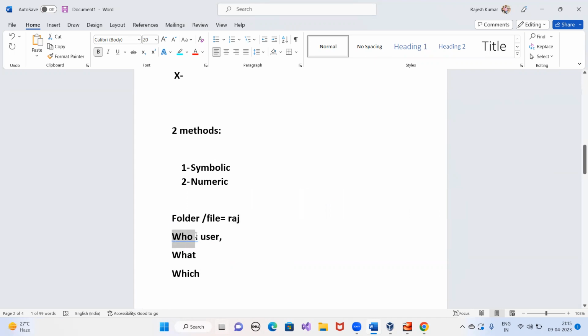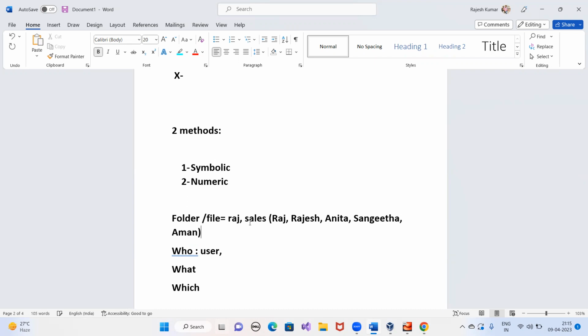Who means kisko, to whom you want to give the permission. So I want to give the permission to a user. Or if you want to give the permission to a group, suppose there is a group called sales. Raj is a member of the sales group, Rajesh is a member, Anita is a member, Sangeeta is also a member, and Aman is a member of that sales group.